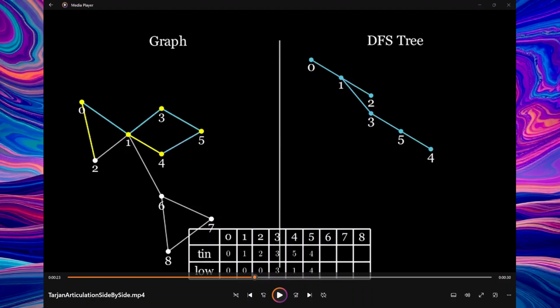But if I instead go to D from C, and then take the path back to A, so right now C is the parent of D in the DFS tree, but because I have this back edge out to A,